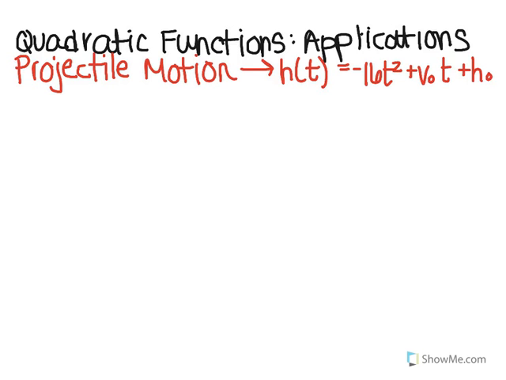Projectile motion is a common application for a quadratic function. The idea is that if you take anything and project it upwards, kick it upwards, shoot it upwards, it could be a rocket, it could be a ball, it would still follow the same ideas for projectile motion. When you start it and project it upwards, it would go up, but